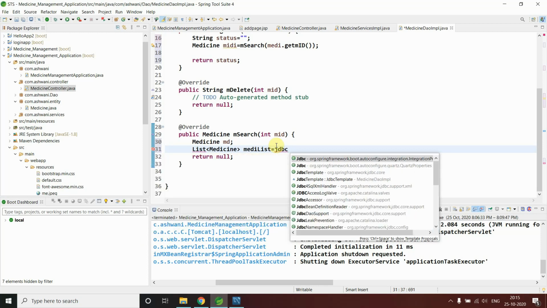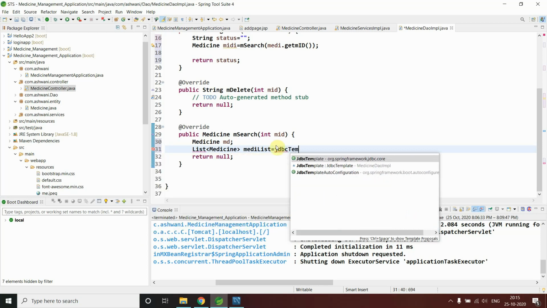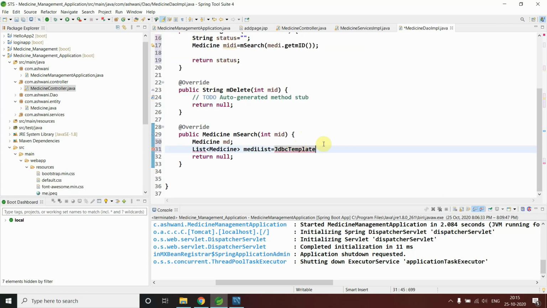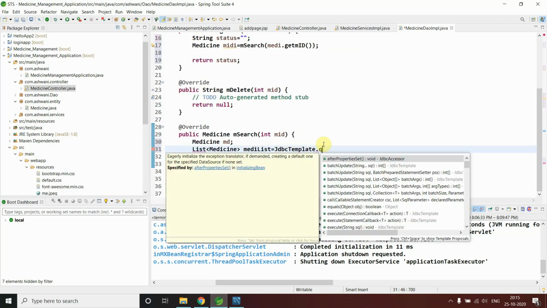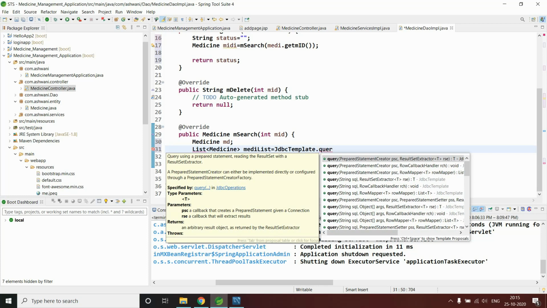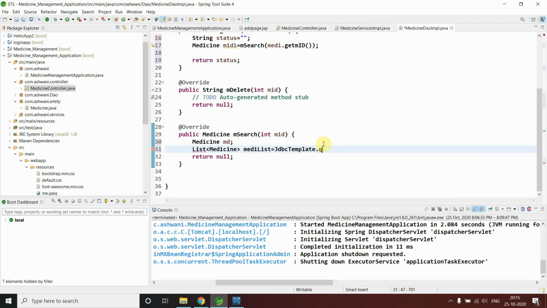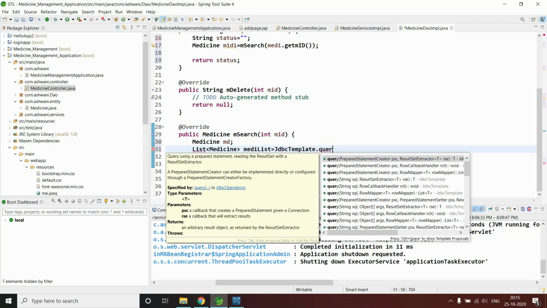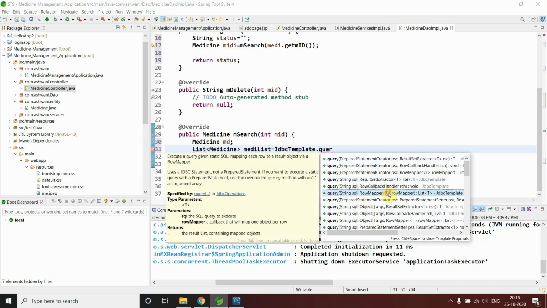Yes, JDBC template, and I have to use a query method. Which one? The query method which takes a row mapper, this method. Just look carefully here. I want to use this one, because I have to give a lambda function here.